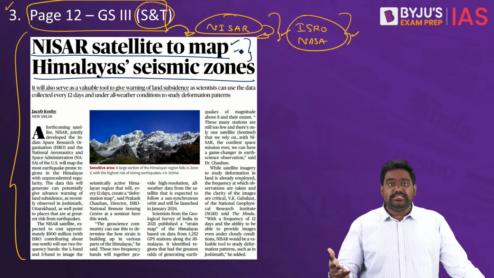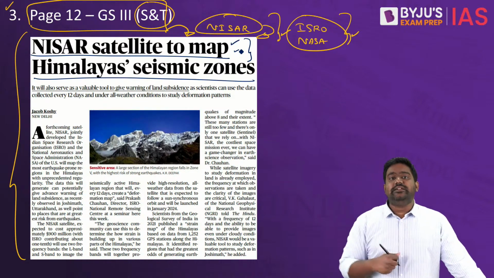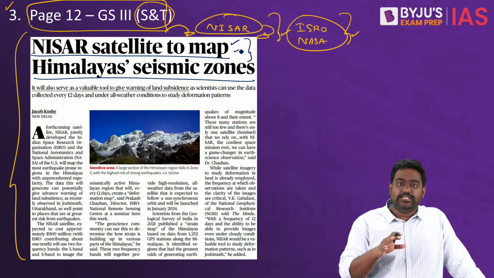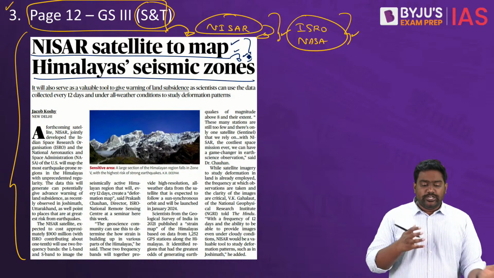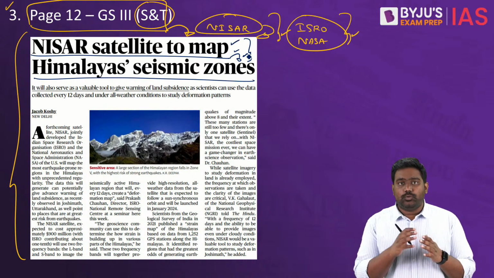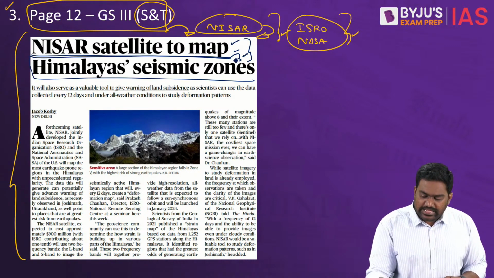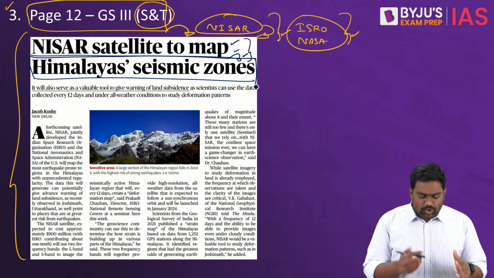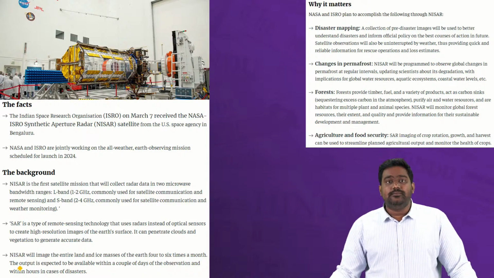This could trigger secondary disasters as well, like landslides or even land subsidence, as we saw recently at Joshimath in Uttarakhand. So Himalayas is a very sensitive zone and it's highly prone to disasters. So according to this article, the NISAR satellite, which is a very ambitious space project between ISRO and NASA, is going to help India to deal with the seismic threats and the disasters in the Himalayan zone. So let's talk about this topic in more detail so that you can answer any prelims or even mains question